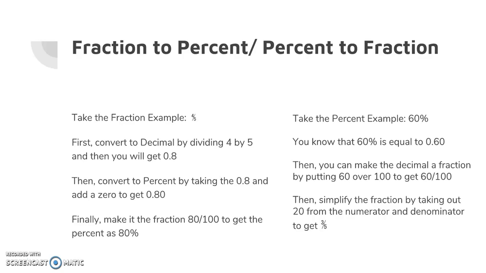Now, percent to fraction. The percent example is 60%. You know that 60% is equal to 0.6. Then you can make that decimal a fraction by putting 60 over 100. Then you can simplify the fraction by taking out the 20 from the numerator and denominator. You get 3 divided by